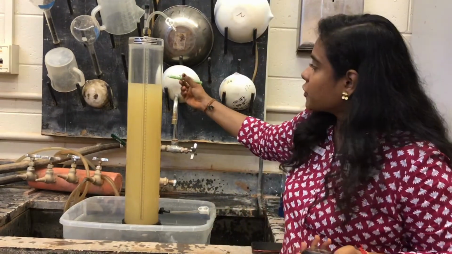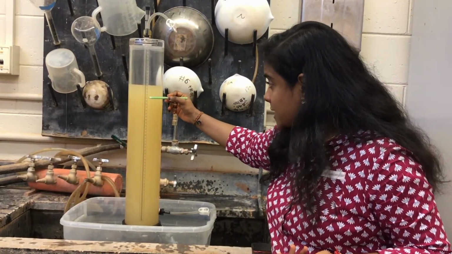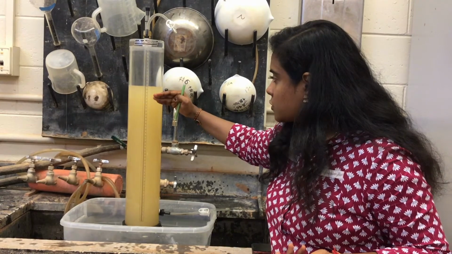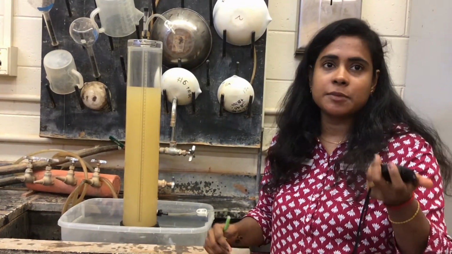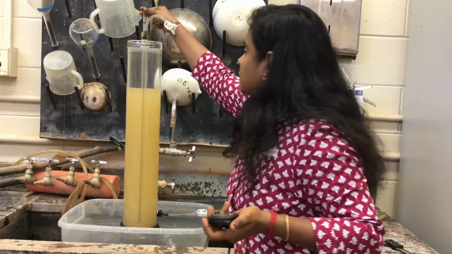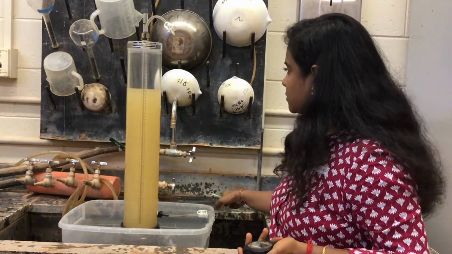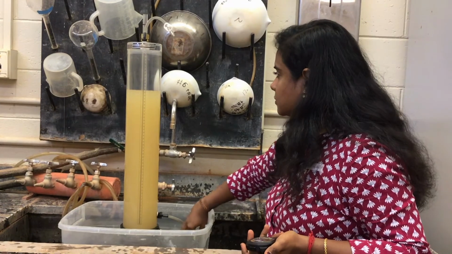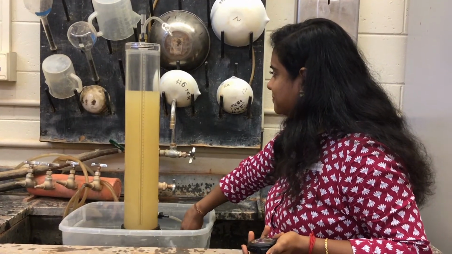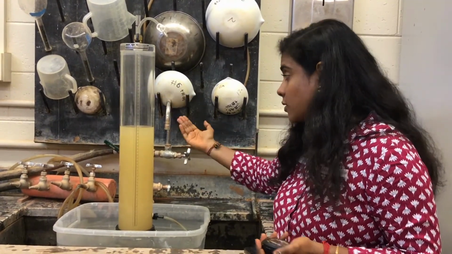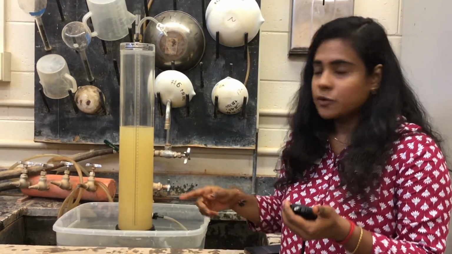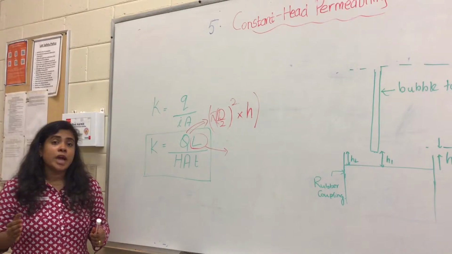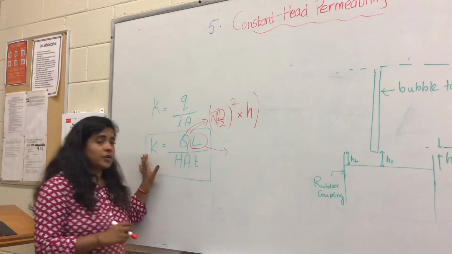So I'm going to get my reading starting from 40 centimeter. So I'll be taking from when it reaches from 40 centimeter to 20 centimeter. So I'll be calculating the time it takes to go through that. You can see the water is flowing slowly, so it has already passed 32. So I'm recording the time, so I'll wait for the water to come to 20. Now we have all the data needed for finding your hydraulic conductivity.